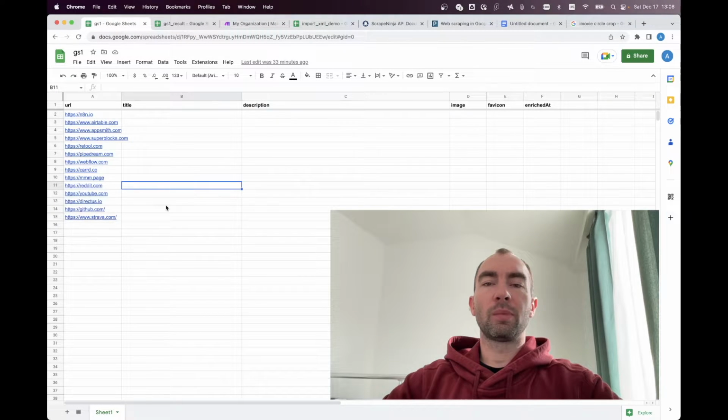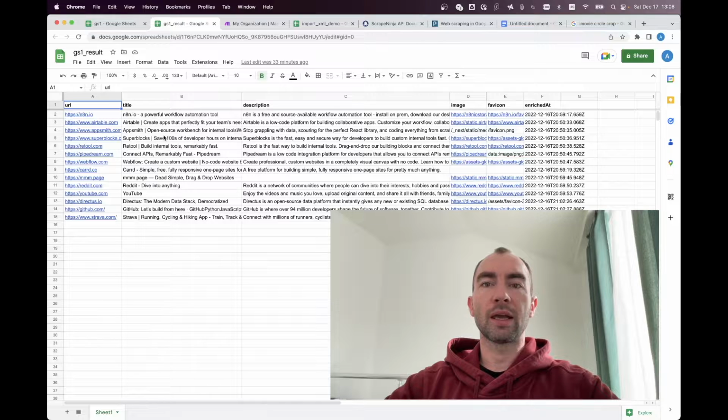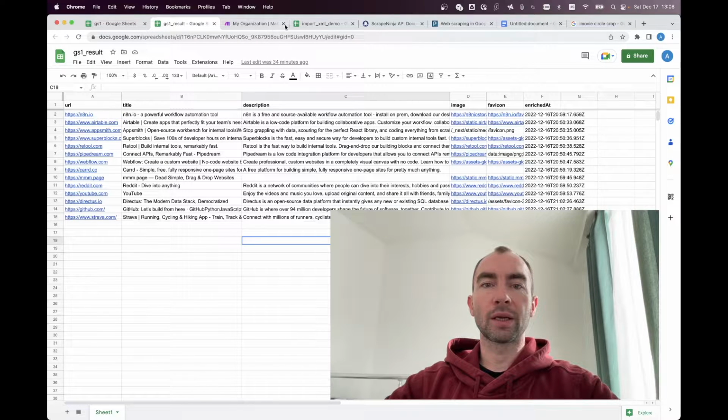Hey, here's the problem. I have a Google Sheet with a list of website links and I need to extract data from each website and put extracted data back into the same Google Sheet. This is very helpful in a lot of real-world tasks, so today I'm going to build a quick no-code solution